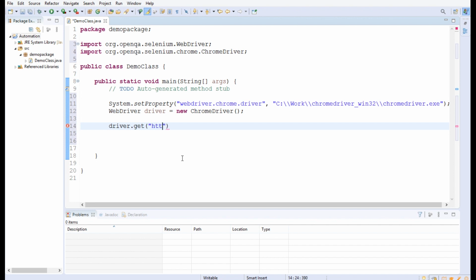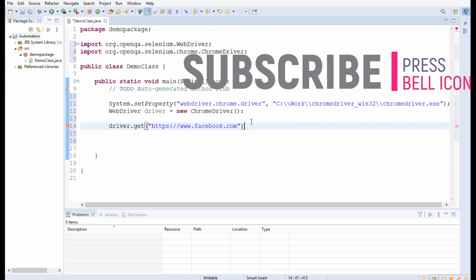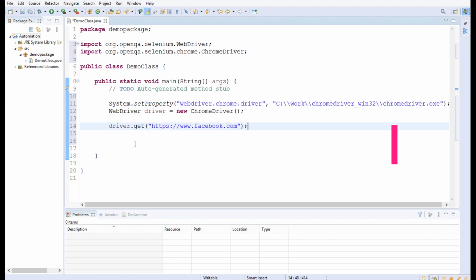So let me write https://www.facebook.com. It will open the Chrome driver, the URL facebook.com is opened on that browser, and then it will come out of this code.